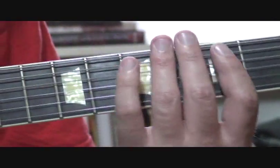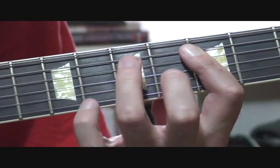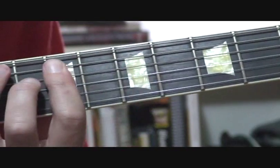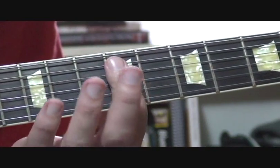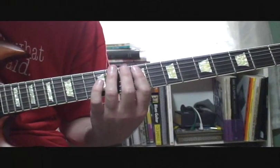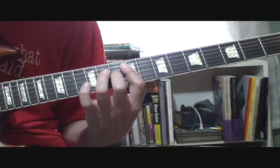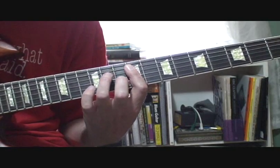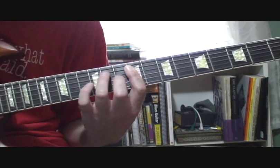And you can't see because I'm zoomed in too much. Let's try that again. Slid back up to the 9th fret. The second time he plays it, okay, so the second time he's going, okay, so that's